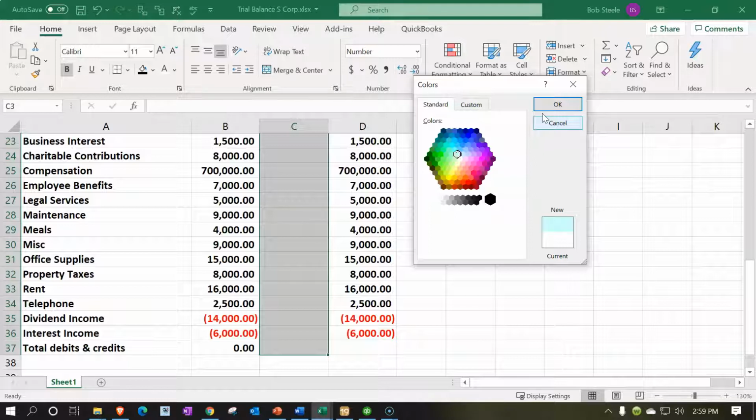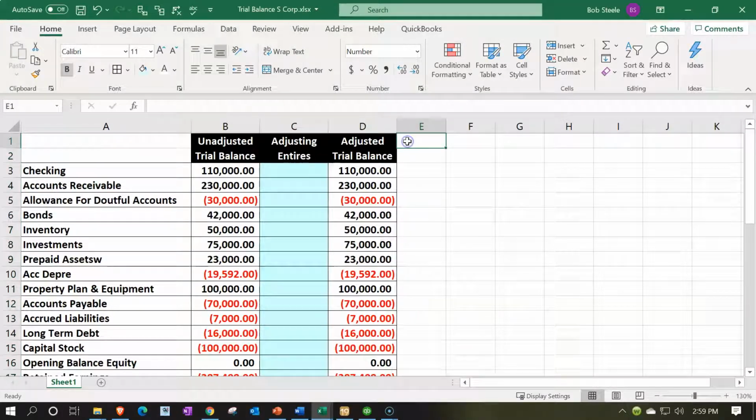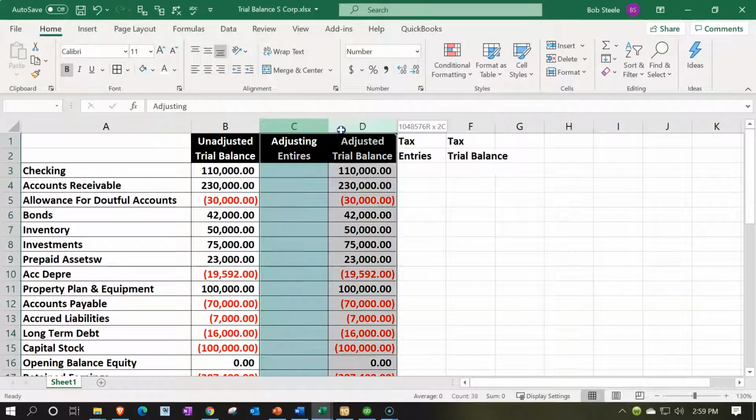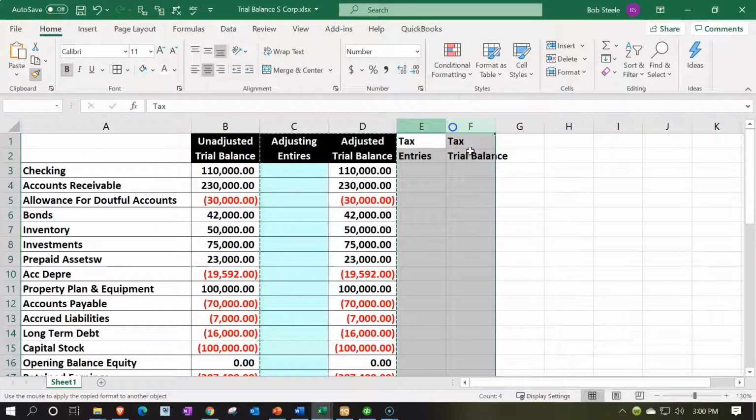Now I want to do the same thing for the tax side of things. So what I'm going to do is pretend we're starting here. Now I'm going to do the tax adjustments, tax entries, and then this is going to be the tax trial balance. So trial balance for taxes. I'll select these two columns because I want them to have the same formatting as these two. So I'm going to go to the Home tab, Clipboard, Format Painter,